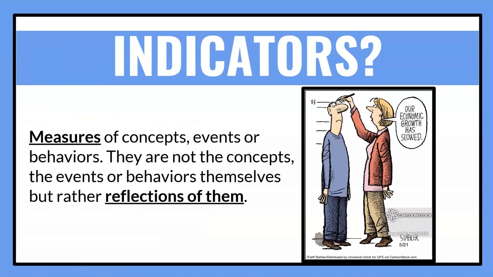So when we say concepts, events, or behaviors, one thing to understand is that on your result chain or on your M&E plan, especially for those that have joined us, or if you go back to the video on developing an M&E plan, the first thing on your column is the different types of results or the different levels of results, right?